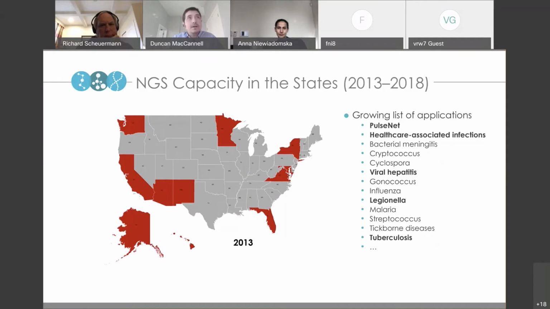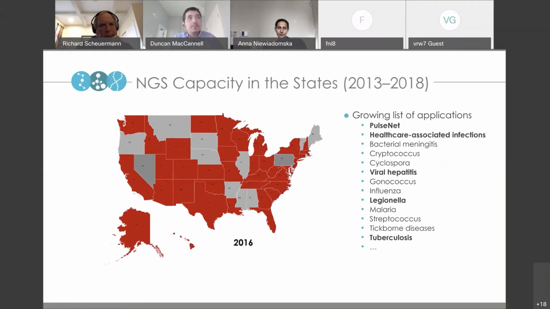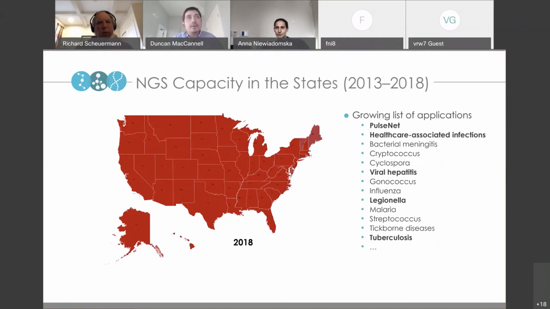Fast forward just 5 years, it took a little bit of time to eventually roll that out, but as of 2018, every state public health lab in the country now has sequencing capacity. A lot of that is still focused around some specific applications like foodborne disease detection and flu are 2 big ones. But increasingly, public health labs have been using that kind of capability, that kind of capacity to drive additional applications. Healthcare-associated infections and investigations of viral hepatitis are frequently used. Legionella, tuberculosis, there's quite a range of different